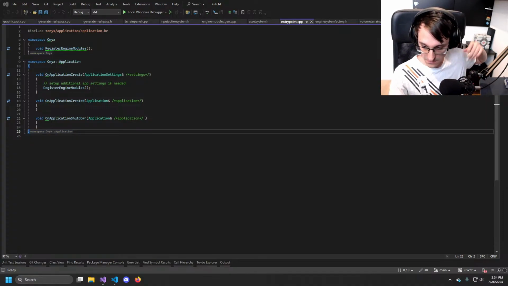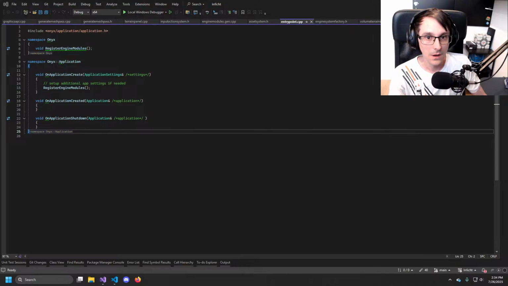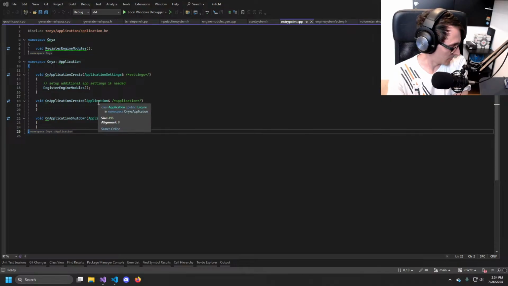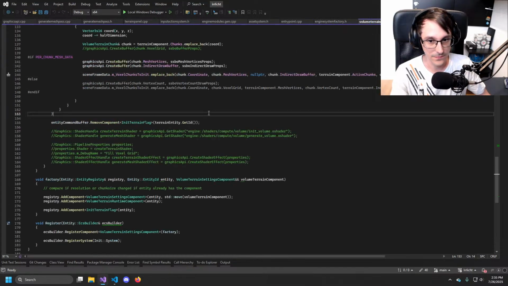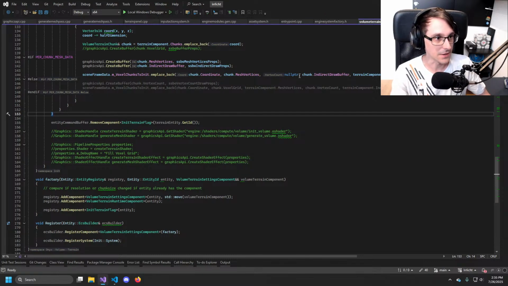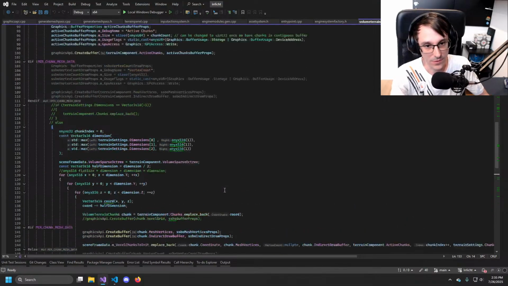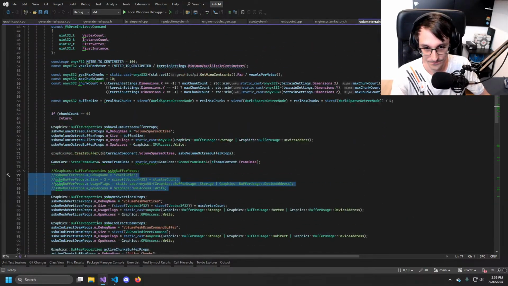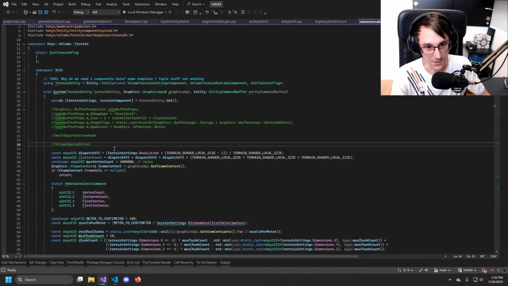Let's get started on some awesome stuff for the terrain again. So I brainstormed a little bit yesterday on how to tackle the terrain stuff, and I think I have an idea. Let's see how good it turns out to be. It's definitely something worth trying. So the idea would be